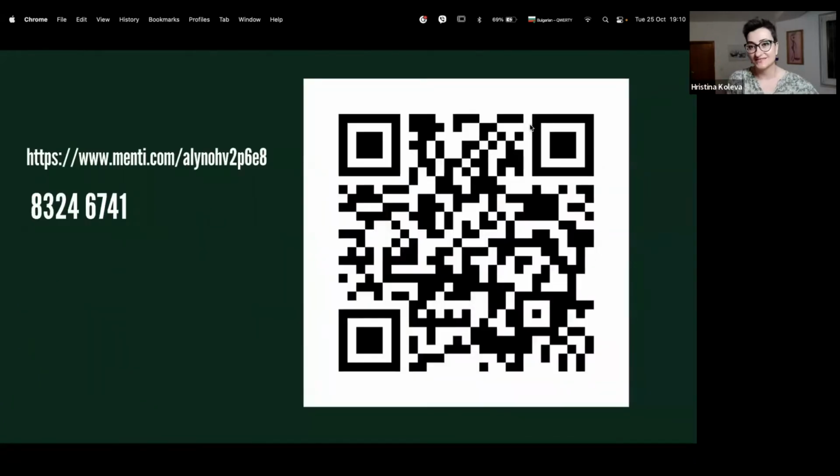Quick survey. If you have your phones with you and you have a QR code reader, I will be very grateful. For people we can vote with hands, but it's a small survey in Mentimeter. Which one do you think is faster? Teamwork or working by yourself?